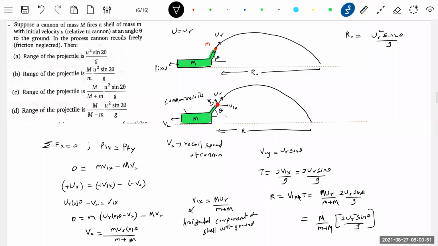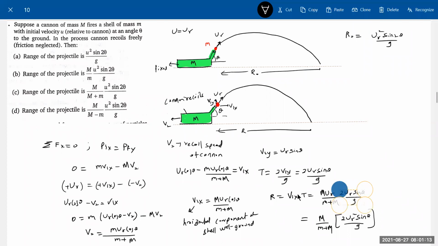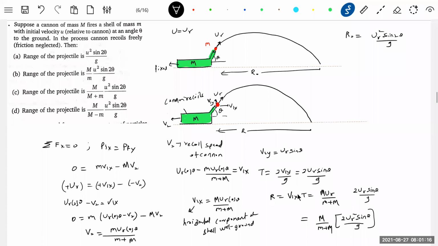So v1x I am going to substitute here. So this will become u r cos theta. v1x will be, after substituting, here I'll do one thing. Solving will get it. v1x. So here u r cos theta will come. The two diagrams are very important. Okay, this will become cos theta. So this will become capital M small m into, this will be